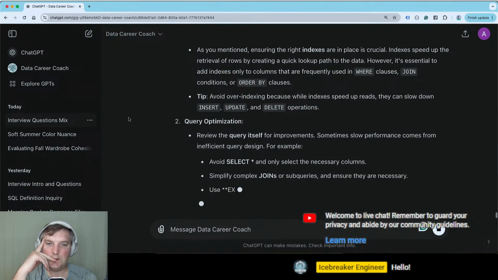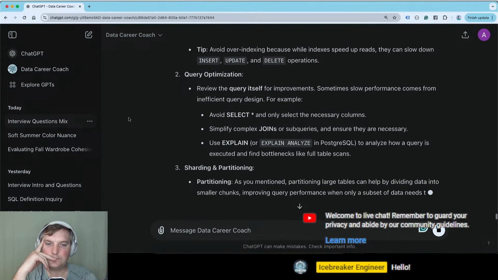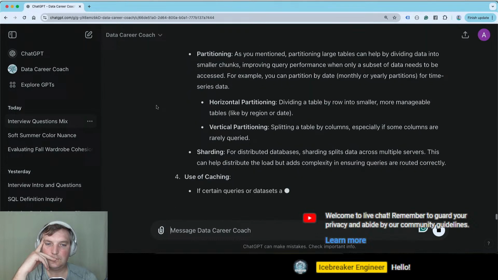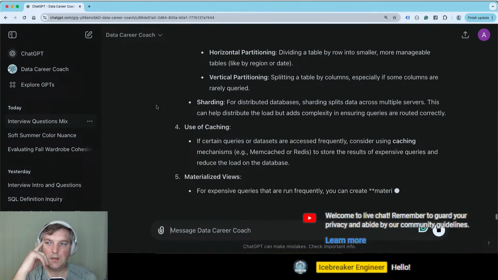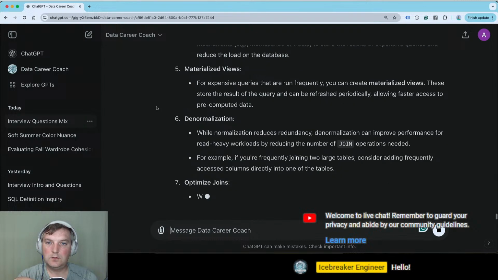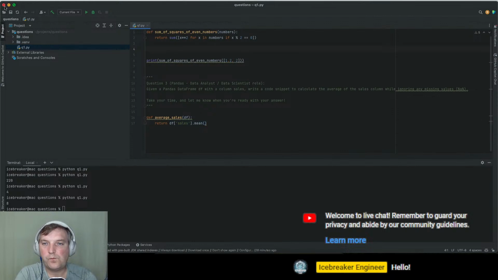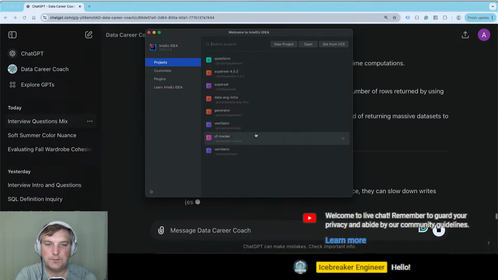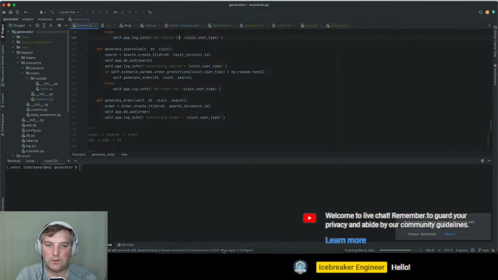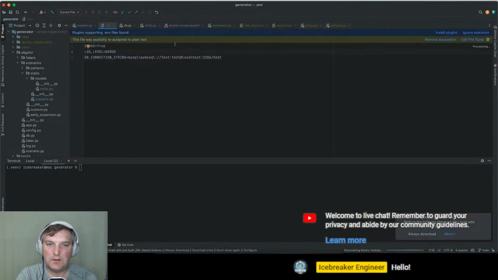Okay, indexing, query optimization, right? Actually, you know what? I have a project which can generate some data. So now what we need to do is make sure that we do have MySQL running.